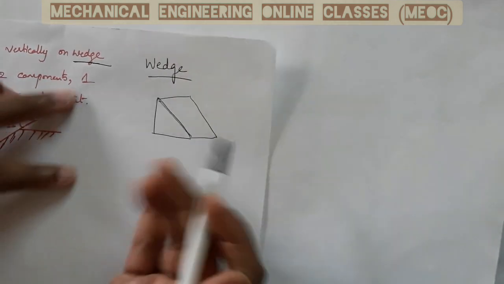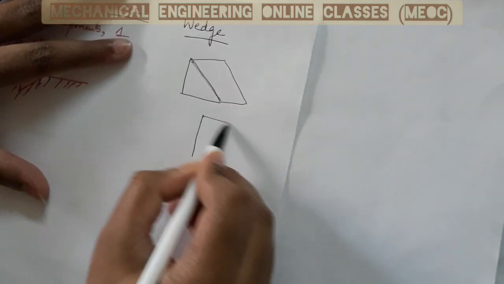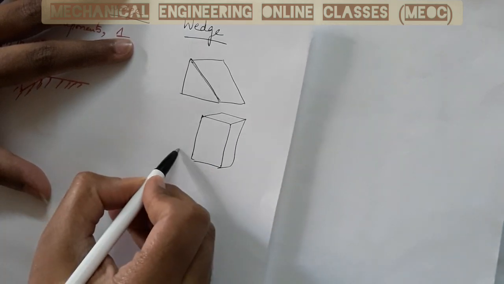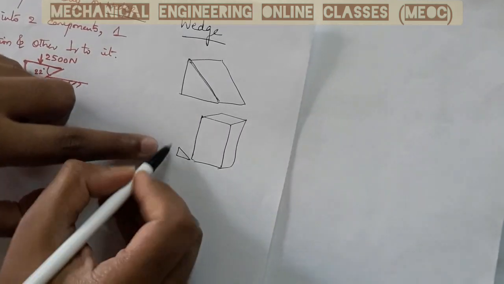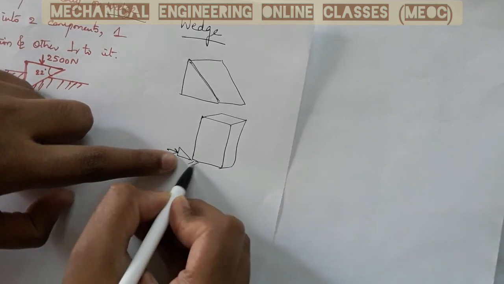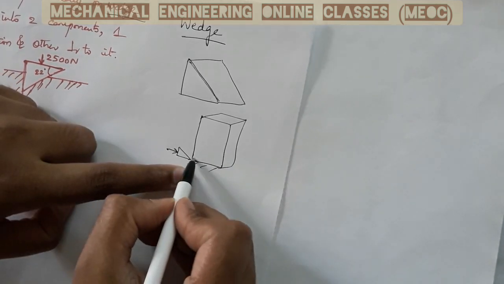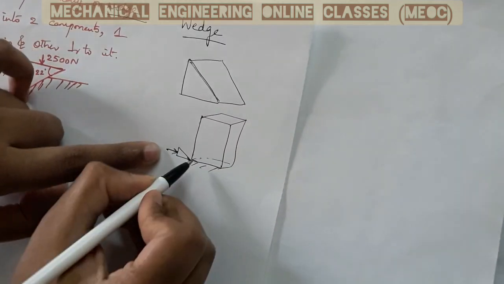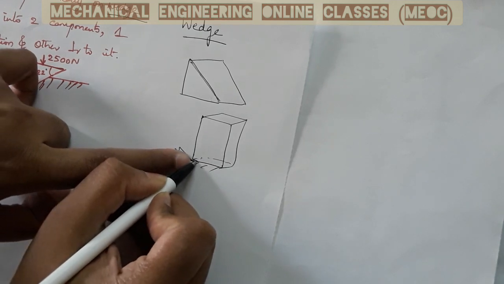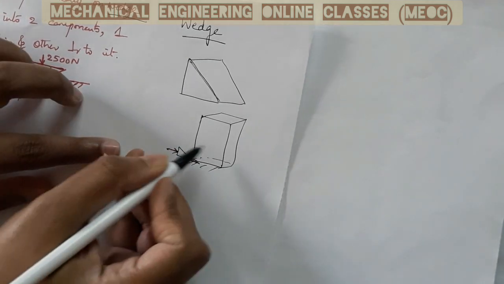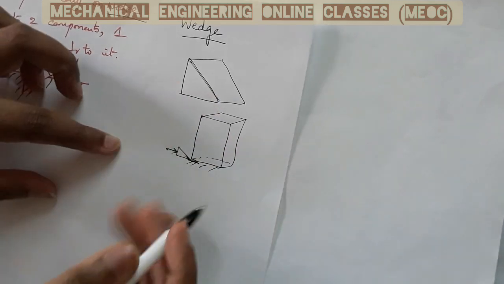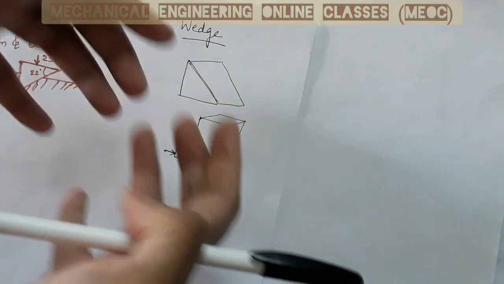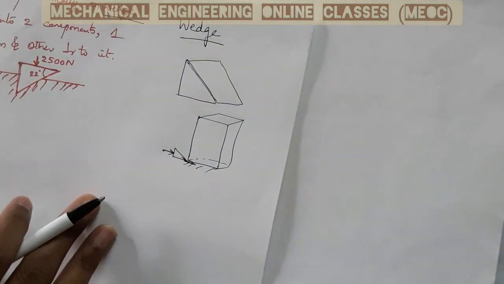For example, I have a heavy load here and I want to shift it up, so this wedge is used. This wedge is pushed beneath the lower surface of the object, and as it is pushed, because this is a sharp end here, it gets beneath the lower surface of the object, due to which the object is slightly lifted. Once it gets lifted, the hooks are sent so as to hold the object, and it is then lifted up and transported to wherever it is needed.